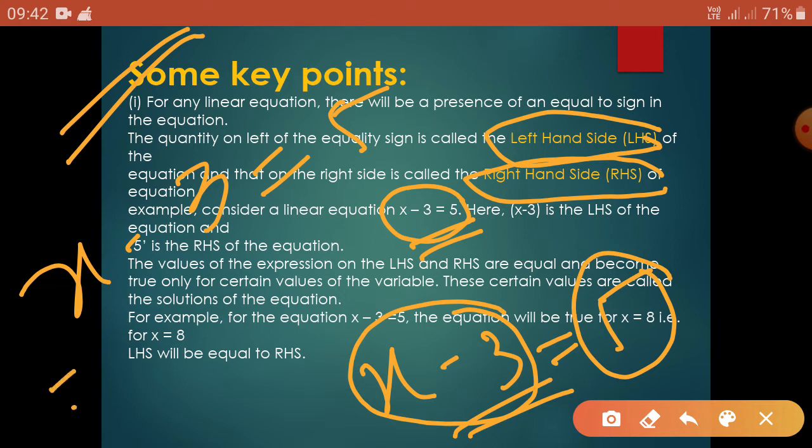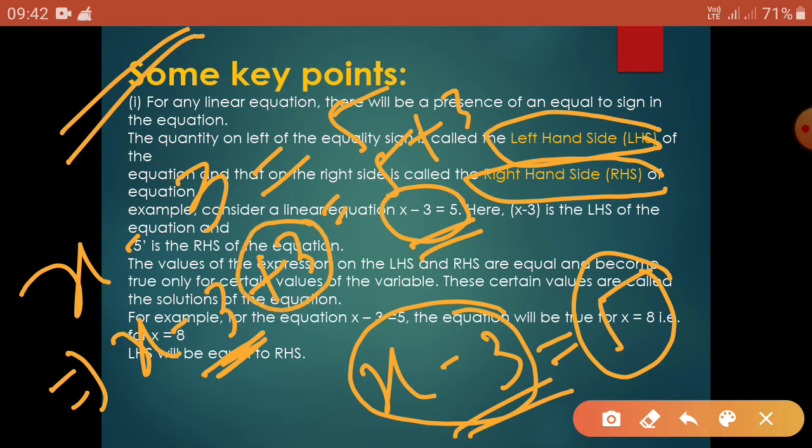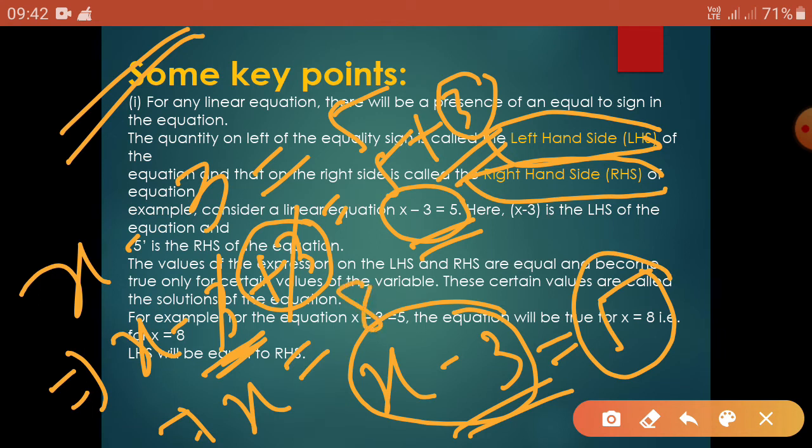Here if we find out the value of x, that will be x minus 3 plus 3 equal to 5 plus 3. Why are we adding plus 3? To cancel this value. Here this is minus 3, so if you want to omit this value we have to add plus 3, and as we are adding it on the left hand side, we have to add this value on the right hand side also with the same sign. So plus 3 minus 3 is 0, that is x, so x equal to 5 plus 3, that is 8. So the value of x is equal to 8.